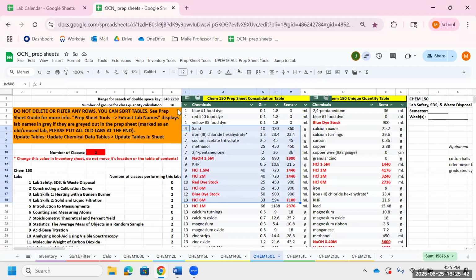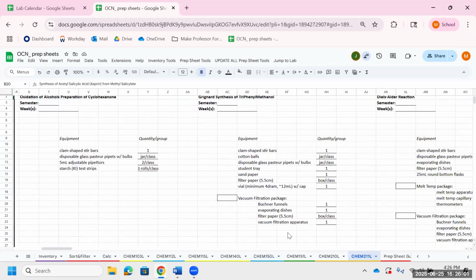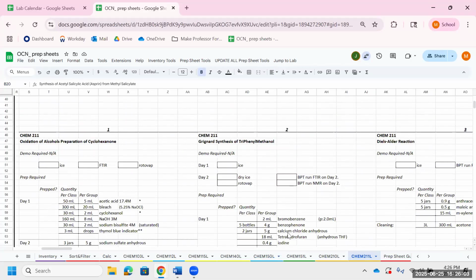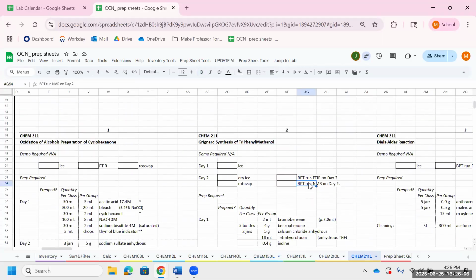Yeah. Now, what does BPT stand for? BPT. Where's that? The bottom, it'll say BPT, FTIR is gonna be on there. I saw that. I just copied what he had. I have no idea what that means. So I feel like I remembered it, and I was like, oh, yeah, I remember what that stands for, and then now thinking about it. BPT run on NMR on day 2. Yeah, I have no idea what that means, but